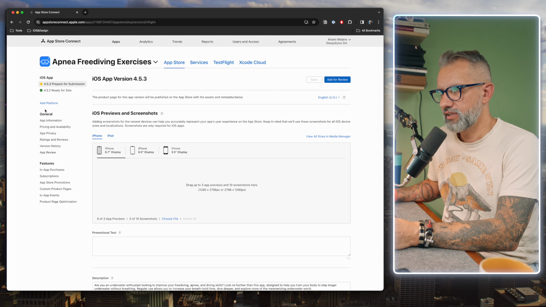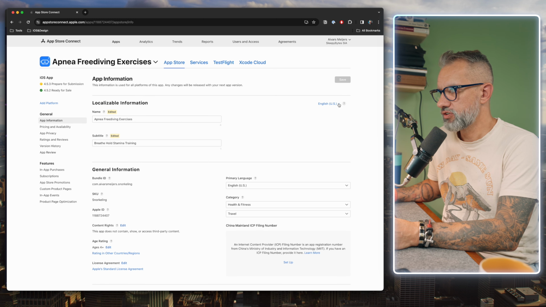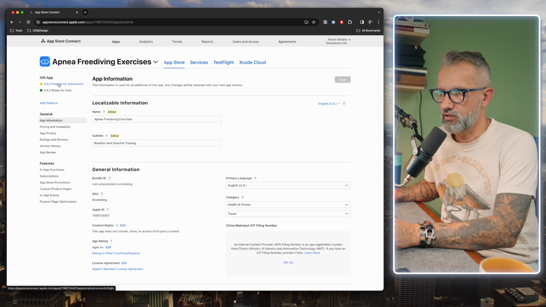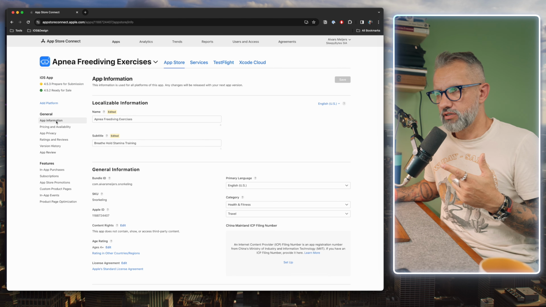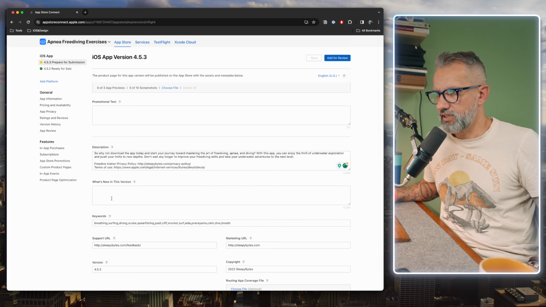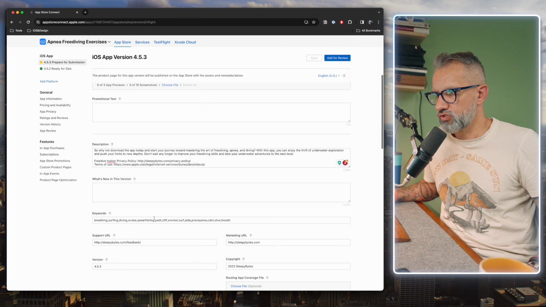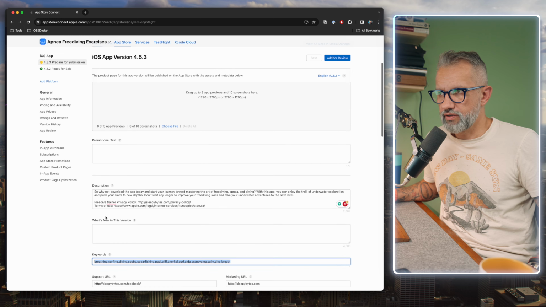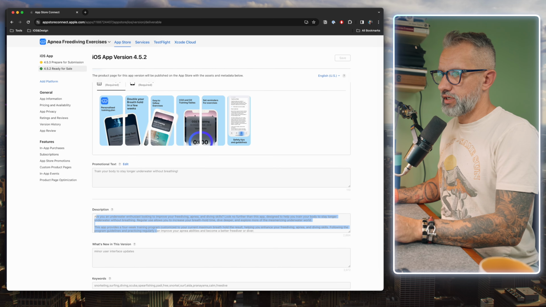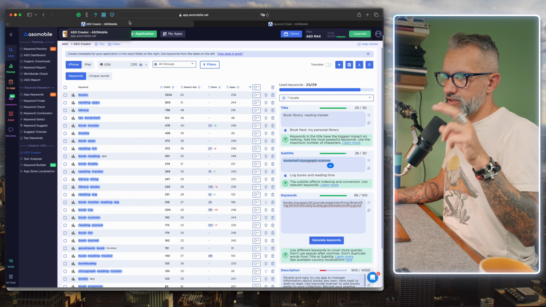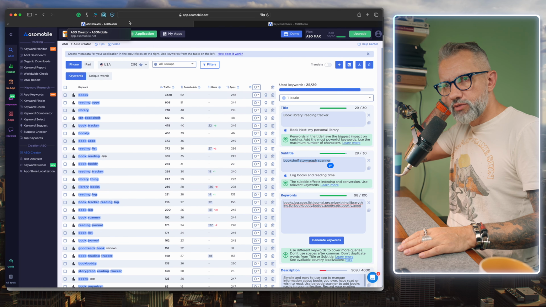app version added. You can go into the app information and just add another localization by clicking plus. You don't need to do any localization, not for the app, not for the App Store page. Description can stay in English, screenshots can stay in English. You're just changing the keywords. That's it. So Andy should create a new app version now, and as soon as keywords and name are updated,